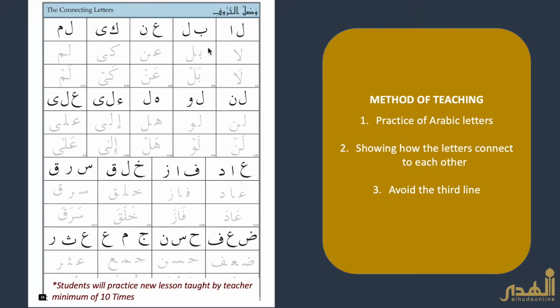And you can show them, look at the difference when ba is on its own, how it looks, and when ba is being connected, how does it look? It's like half of the ba is gone, and you can really recognize the ba with its dot. So you can use key features like that in order to describe these letters. Even for the letter ain, you'll notice that only the head of the ain is remaining when it gets connected and it's the first letter, and the tail end is gone. And the noon looks pretty much as is. Okay, so that is going to be my advice, and again they will practice this 10 times inshallah. Then we're going to be